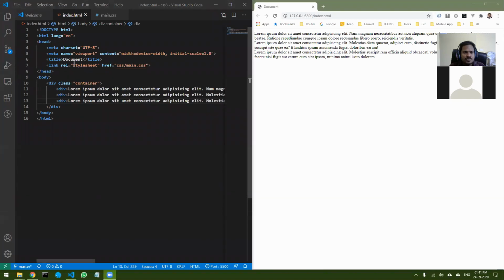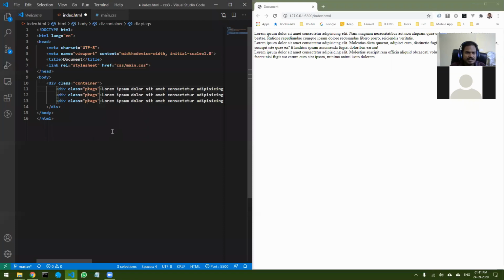Now I want to give a class to all these 3 divs. For that, I'm going to take my cursor, press Alt in Visual Studio Code, that creates multiple cursors. Now I can start typing class, and give any name, p tags.